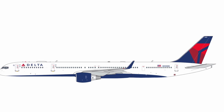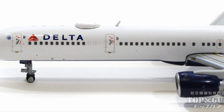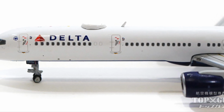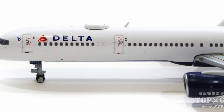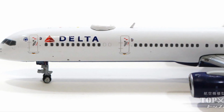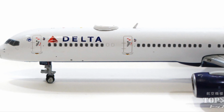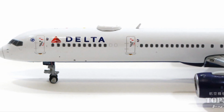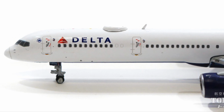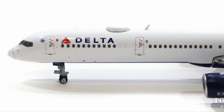And these 757-300s therefore have potential. I don't understand why NG have not made a 757-300, incidentally. I'd have thought, considering that they've often created all the other variants and the 757 was their first mould, that a 300 would have been quite high on their list to do, but it doesn't seem like something they're interested in. So for the time being, Gemini have this space all to themselves,